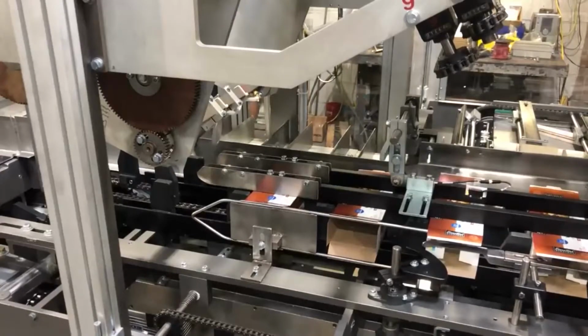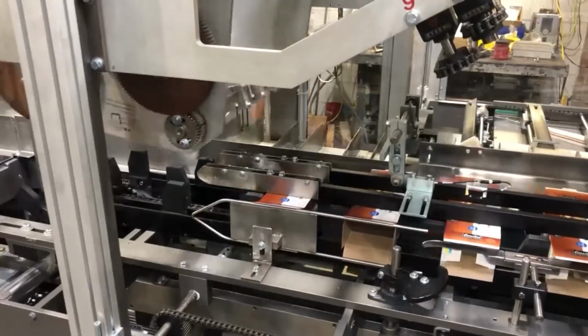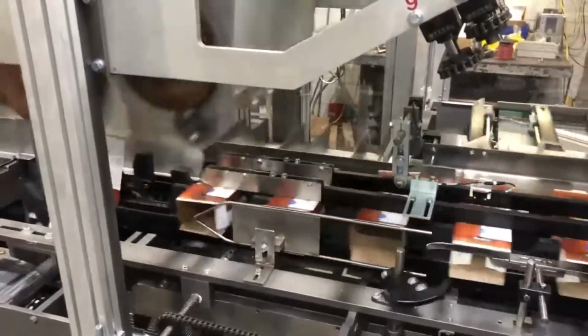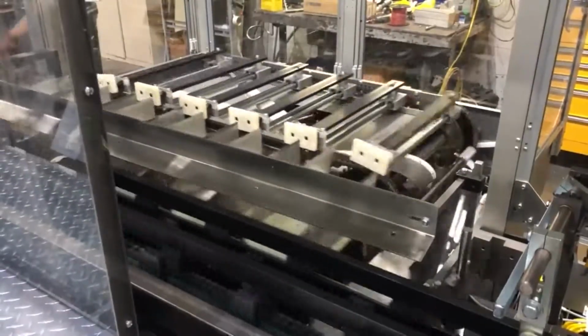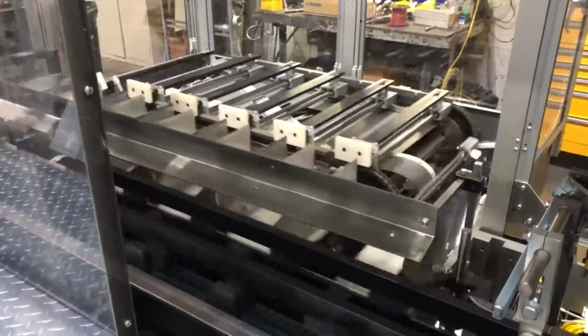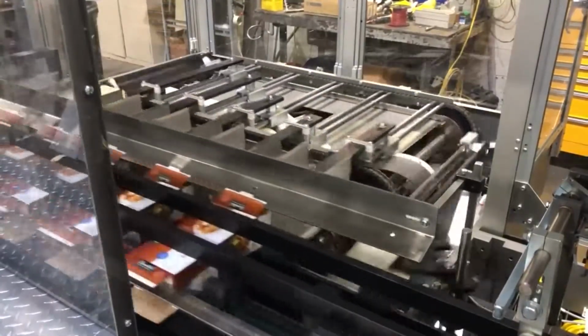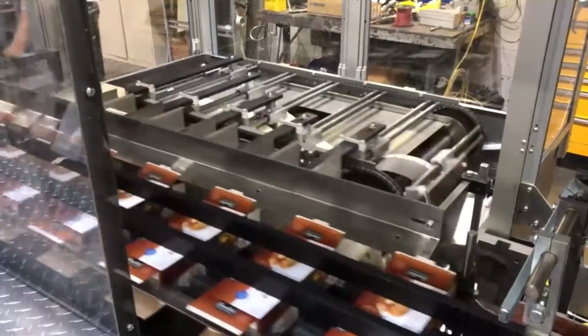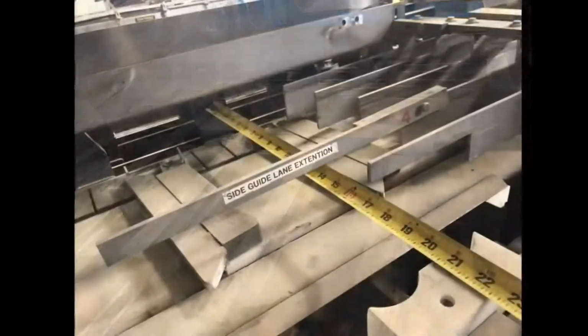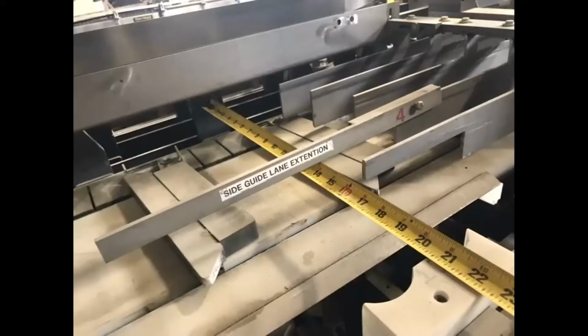Our rebuild process starts the same as a new machine inquiry. A review of the intended cartons and product for the application. Whether you own a cartoner for the application, a complete machine review is conducted, typically in person, reviewing every facet of the machine for wear components and general condition of the machine and feasibility of running the cartons and product